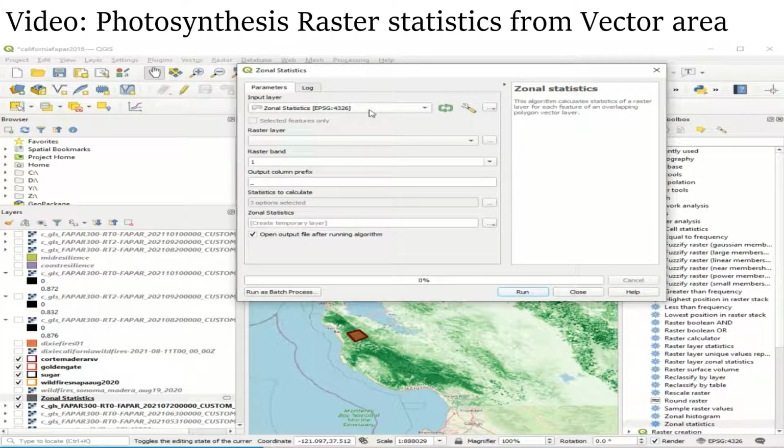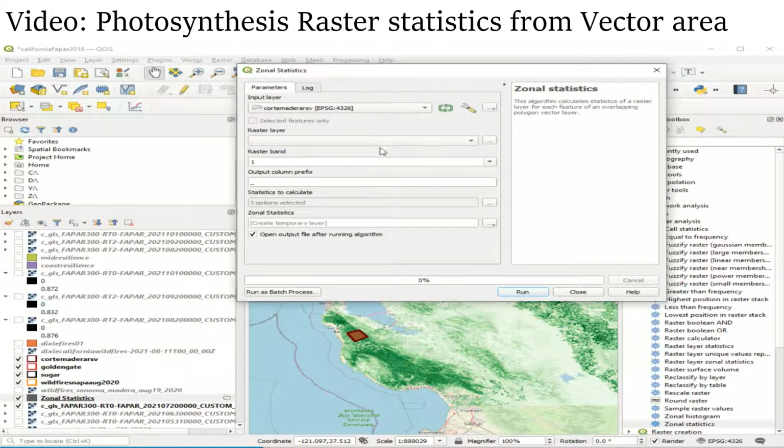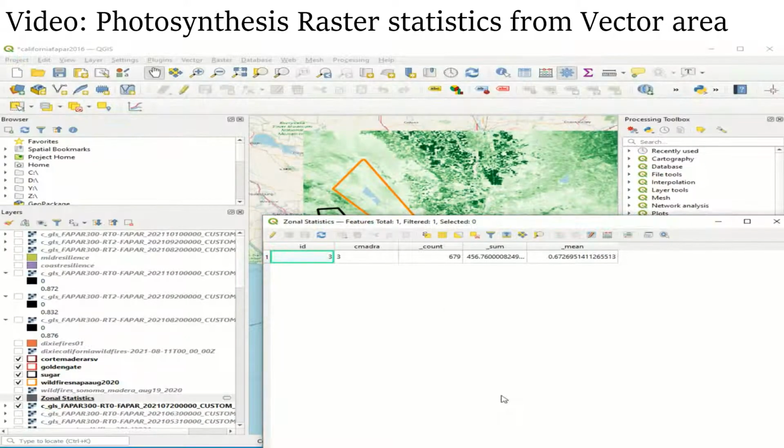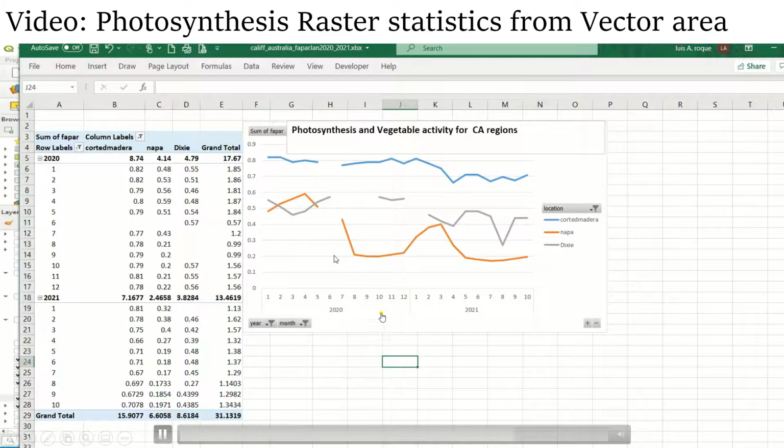This is a vector file, using the raster tools, using zonal statistics. We are going to define that we are going to use this vector file over the raster, which contains the vegetable activity of this region. And once we have this, we can get the statistical information, for example, the average for this region during July 2021. And once we have this information, we are going to be able to build a chart like we see here,